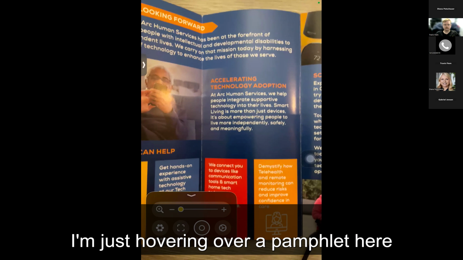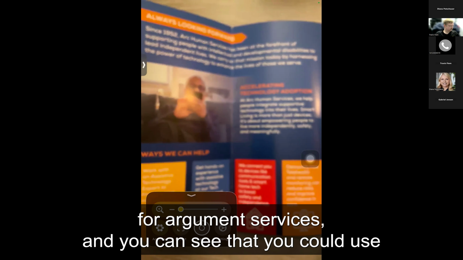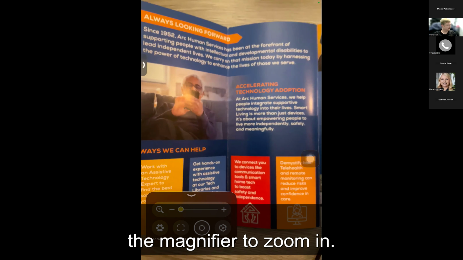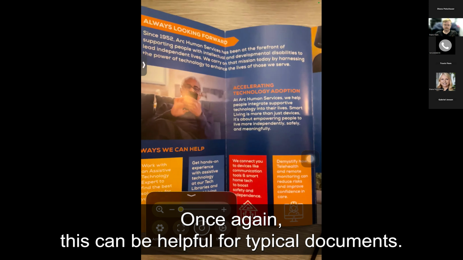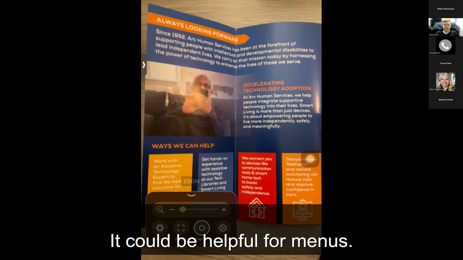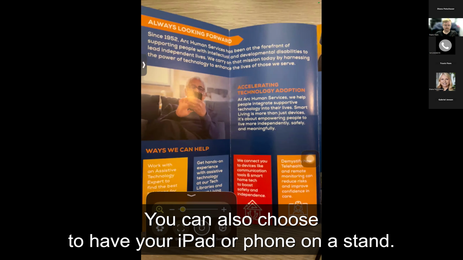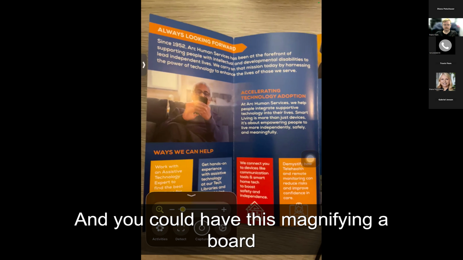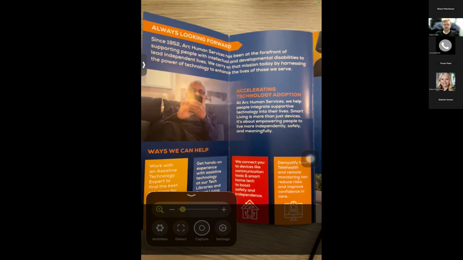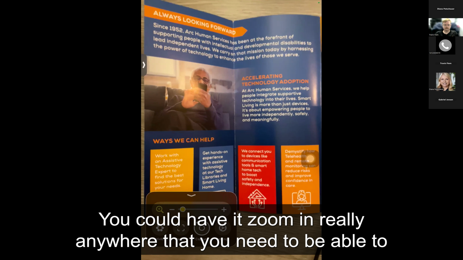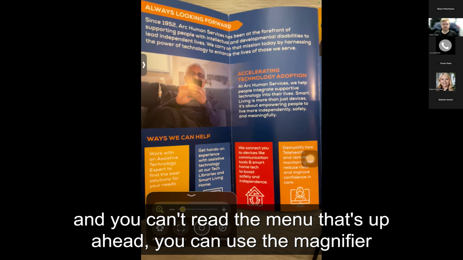Now with the magnifier, I'm just hovering over a pamphlet here for ARC Human Services, and you can see that you could use the magnifier to zoom in. Once again, this can be helpful for typical documents. It could be helpful for menus. You can also choose to have your iPad or phone on a stand, and you could have this magnifying a board like a whiteboard during a meeting or instruction in a classroom. You could have it zoom in really anywhere that you need to be able to read, maybe at a fast food place if you're waiting in line and you can't read the menu that's up ahead,